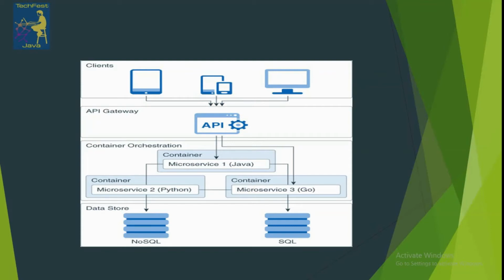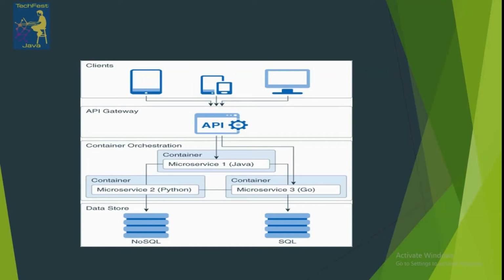So in the whole architecture there is an API gateway service, which is basically the entry point for a client. All the requests come to the API gateway, and there is a discovery service, through which it gets which microservice needs to be called.